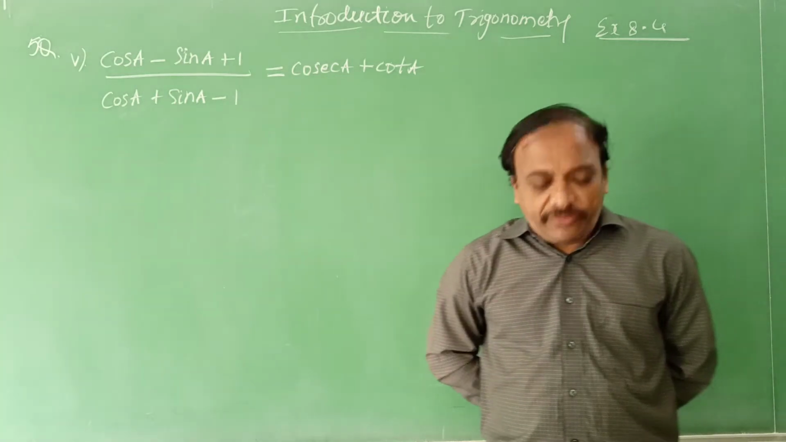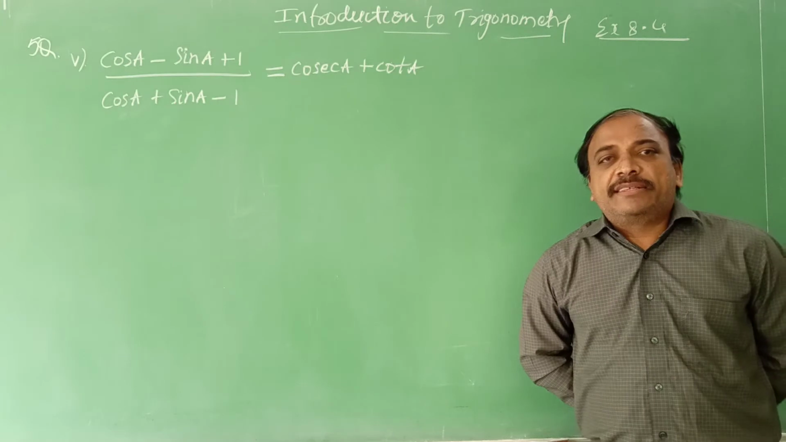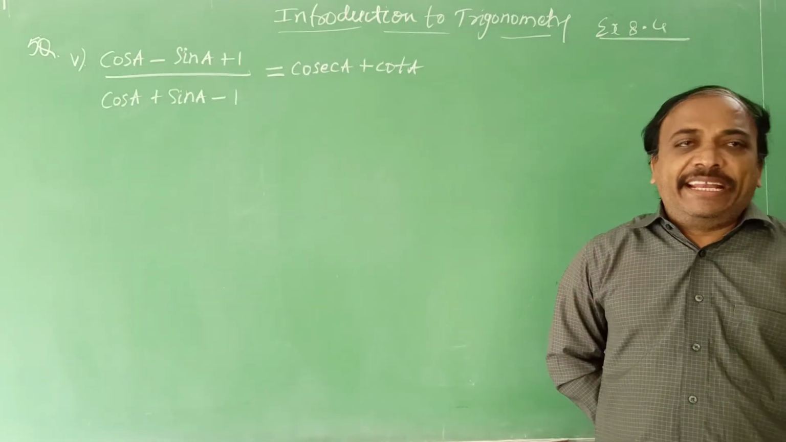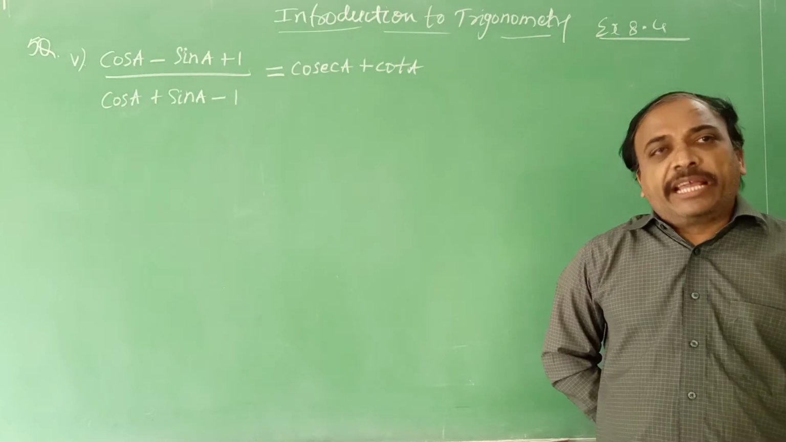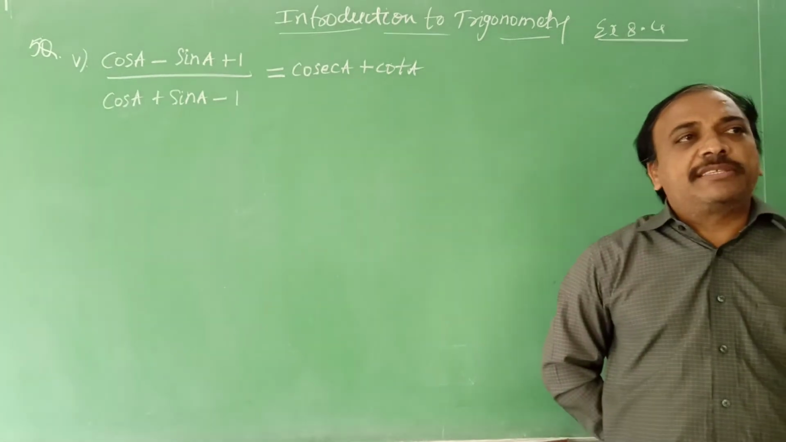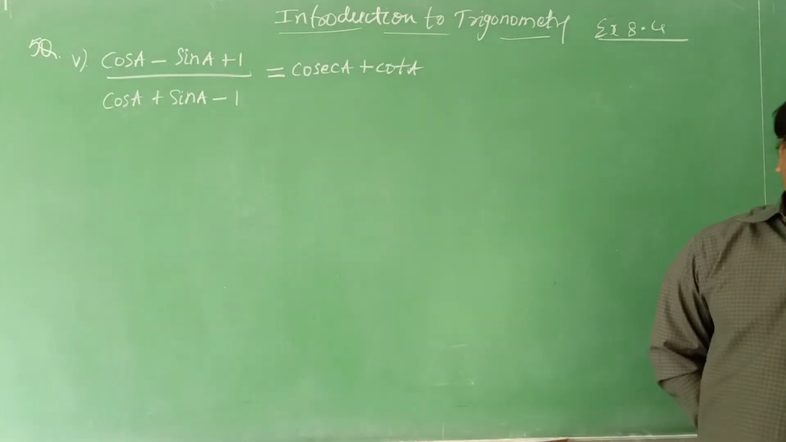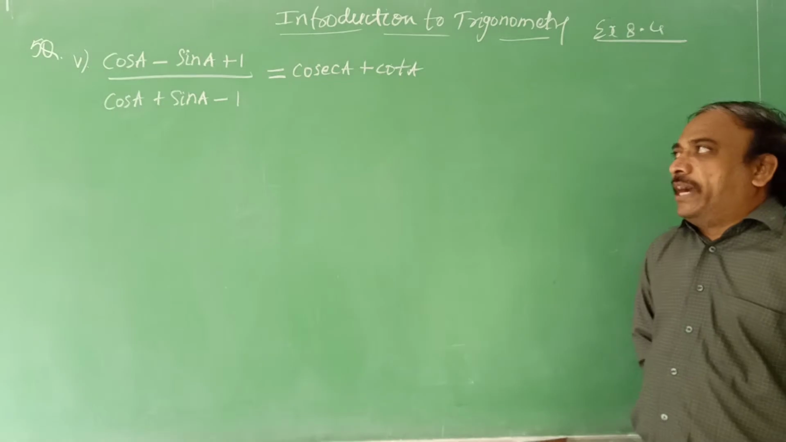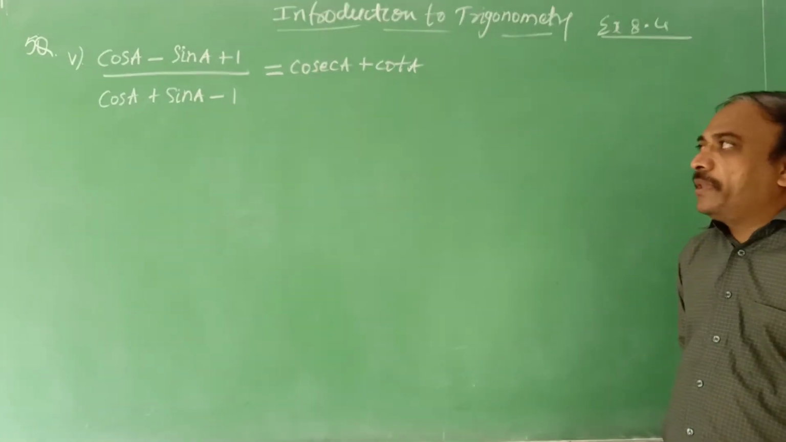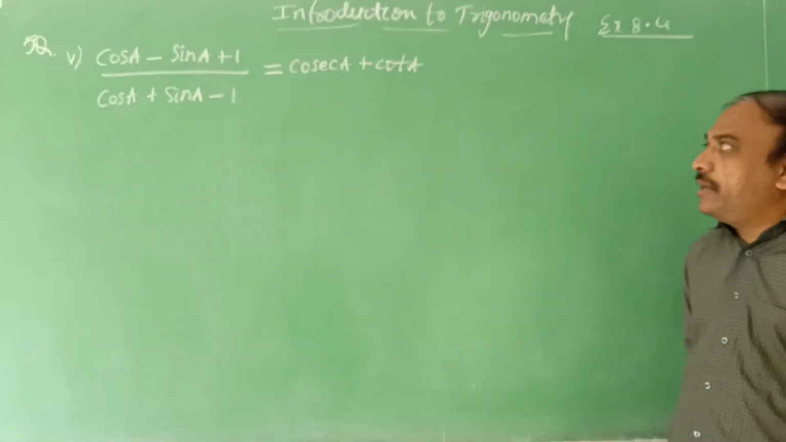In the previous session we discussed the introduction to trigonometry. In that exercise 8.4, by using the trigonometric identities, we solved some of the questions, and today we are going to see the other questions from the same exercise. Question number 5: (cos A minus sin A plus 1) by (cos A plus sin A minus 1)